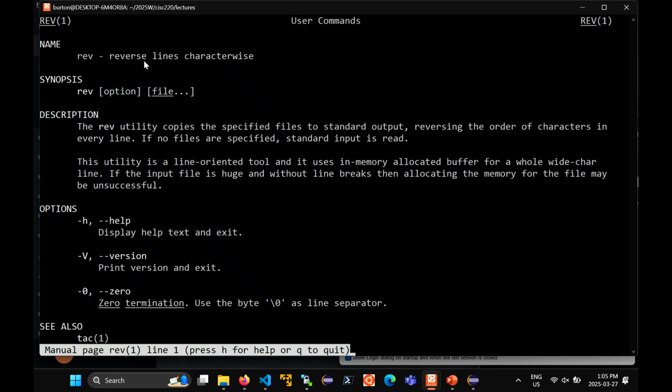And it's kind of funny. You might wonder why this is one of the standard tools. This is actually part of GNU Core Utils. It's one of the fundamental tools that comes with any GNU distribution. And this seems like a weird command to include. The reason it's here is because every once in a while, you want to solve a programming problem where it's easier to work from the end of the string rather than the front of the string. And so if you reverse the string, sometimes that makes your problem a little bit easier to solve. In particular,